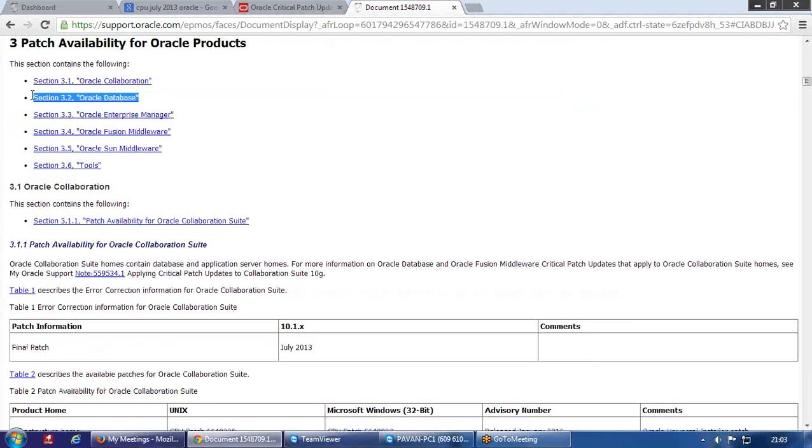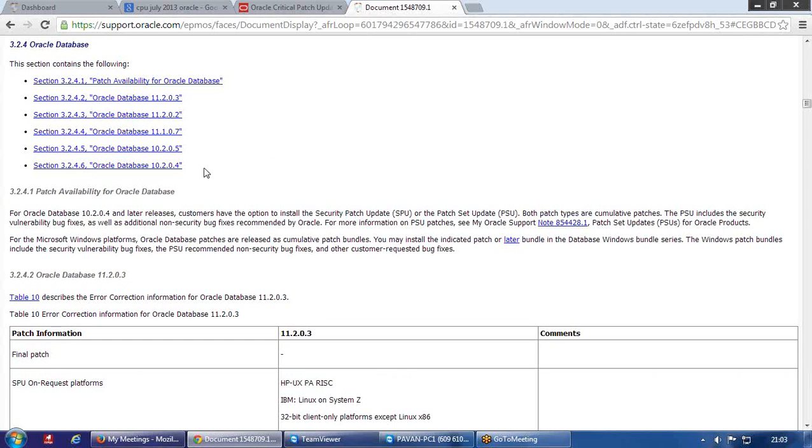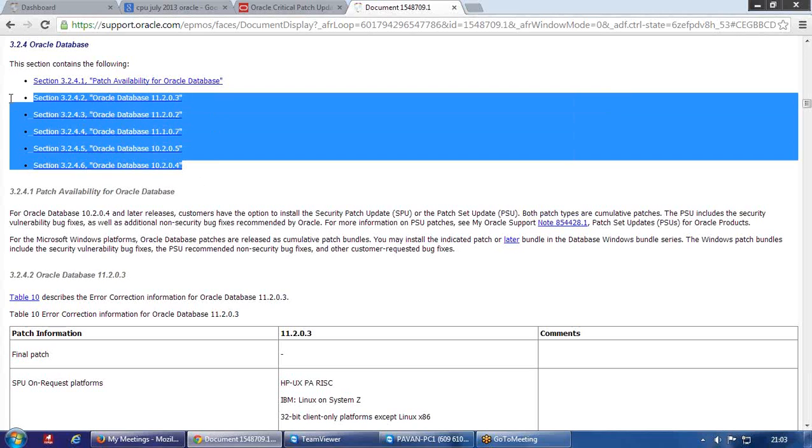Our product is Oracle Database, so I am selecting Oracle Database. Once again there is a sub-component, which is again Oracle Database. Now you can see July CPU 2013 is available only for these versions.